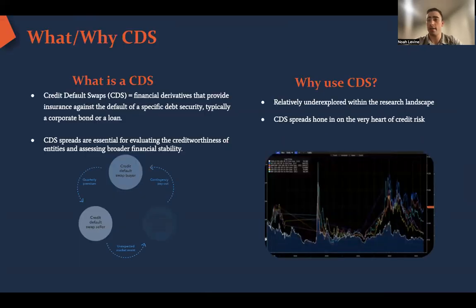So what is a CDS and why did I choose to use them in the project? A CDS is simply insurance against a corporate bond. So if you are a mutual fund or a hedge fund and you want to invest in, say, FedEx's triple B rated bonds, you might not be allowed to because there's some stipulation in the contract that says you can't invest in riskier debt. So what you can do is you can buy a CDS, which is a credit default swap, which allows you essentially to pay a premium. And in the case that FedEx does default on their debt, you get paid back the principal.